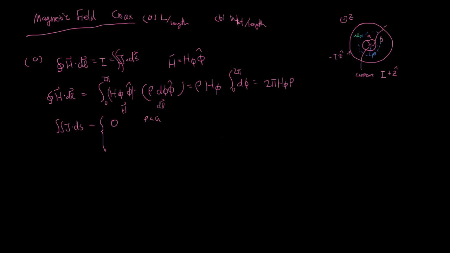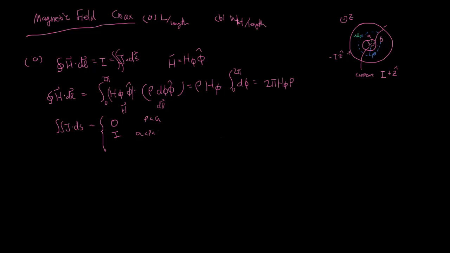And then as soon as you increase the radius such that this inner conductor, this inner cylinder, is encapsulated, then the total current going through is going to be equal to the current across this whole thing, right? It's going to be I if rho is between A and B. But then once your rho expands so that it's out here, then